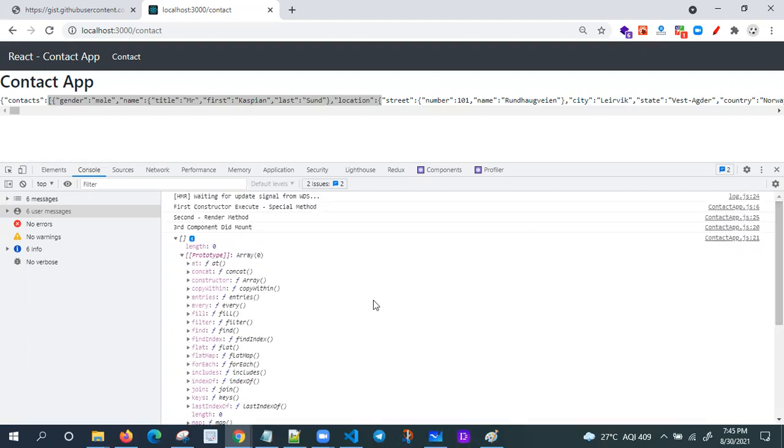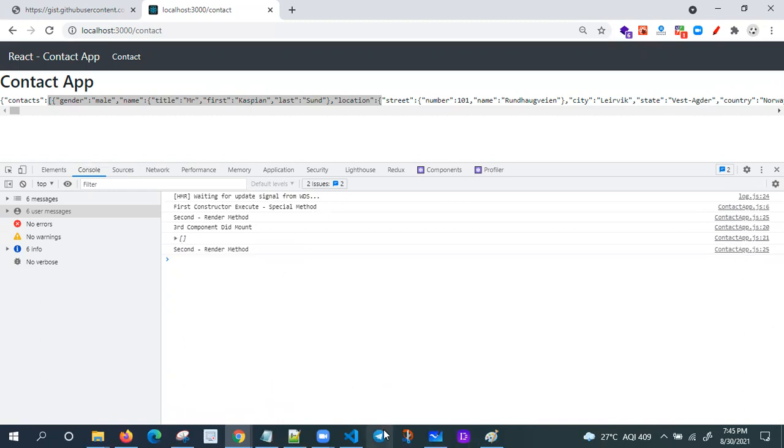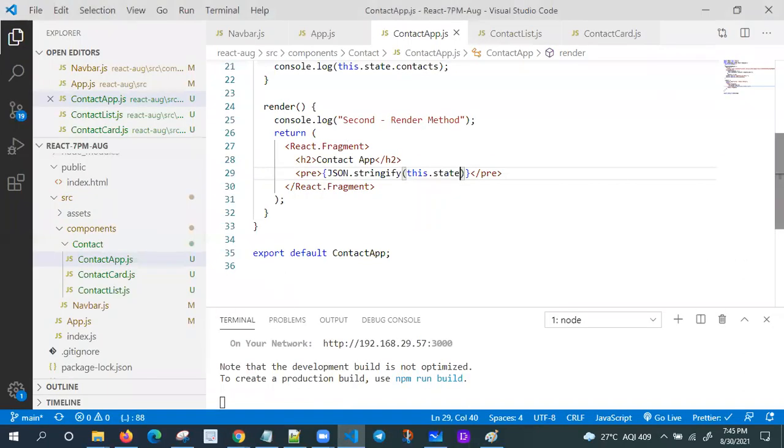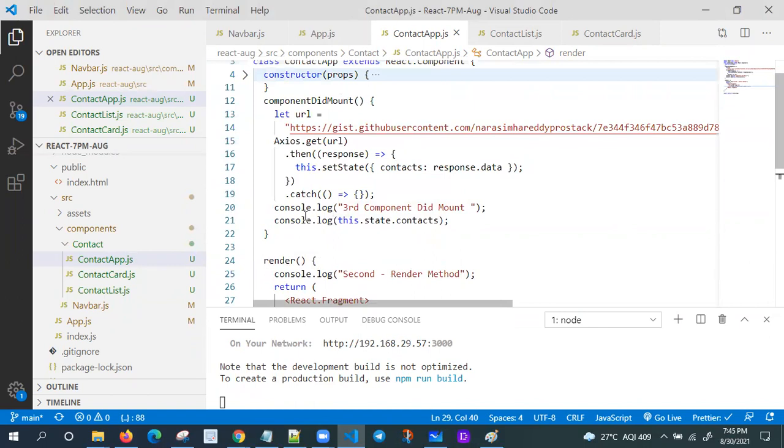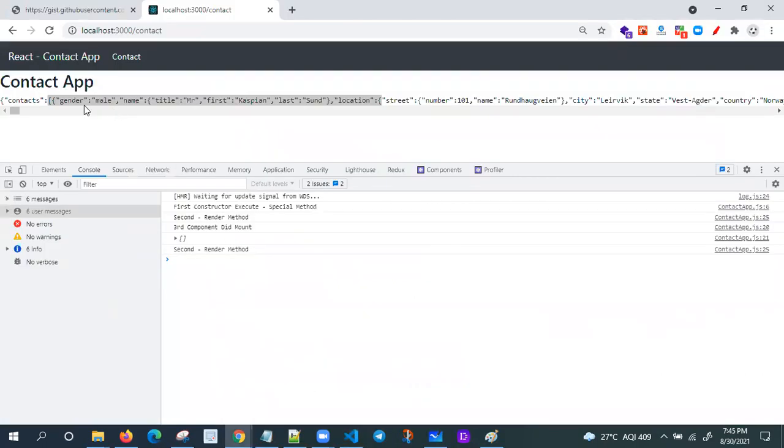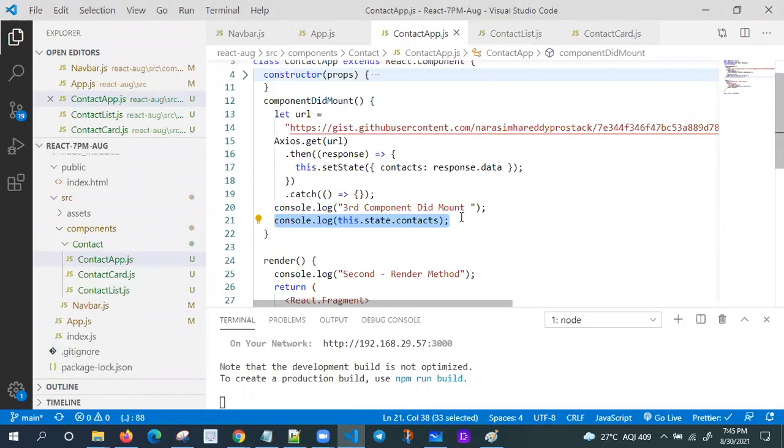Let me check this. Why is this an empty object? Okay, we need to call this one because it's executing asynchronously. That's why it is getting empty only. Anyway, we're getting the data here. Or you can directly print your response inside only. I'm going to use it here only.